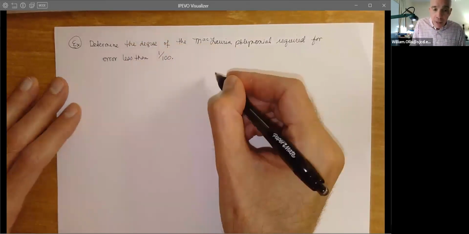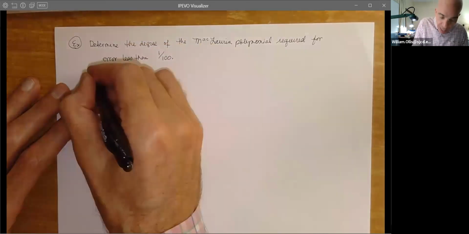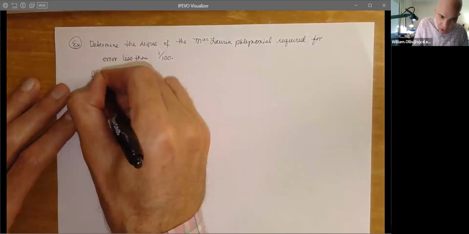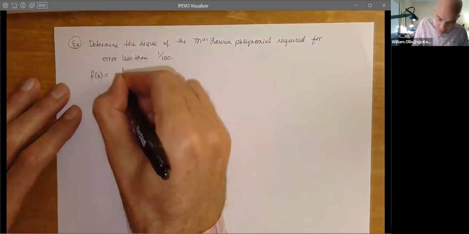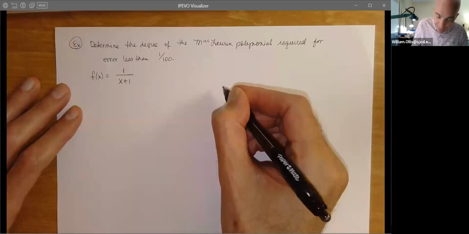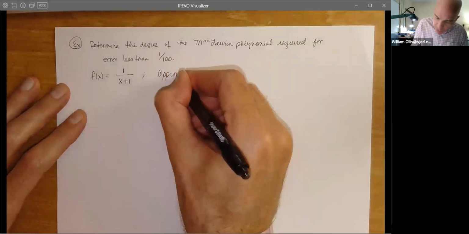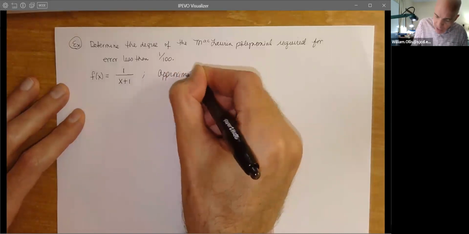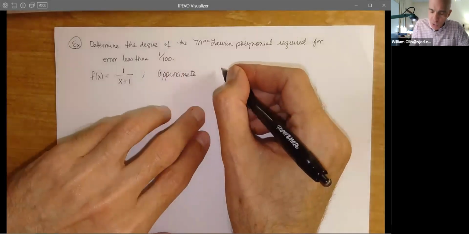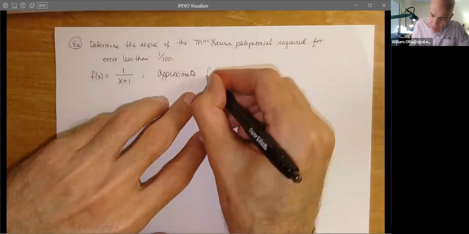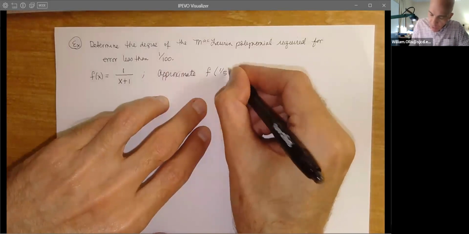Now, what we're going to try to do is figure out a pattern, and you're going to see the pattern. So we're going to have f of x. This is actually geometric, which you can see from the very beginning. 1 over x plus 1. And what we want to do is approximate. These are really good examples. Dr. Larson has written an excellent book. He throws the calculator in there too much to keep all the publishers happy, but his book is good. So approximate f of 1/5.